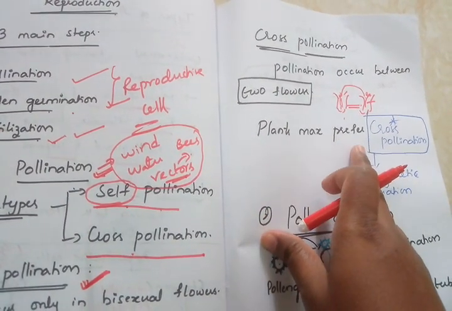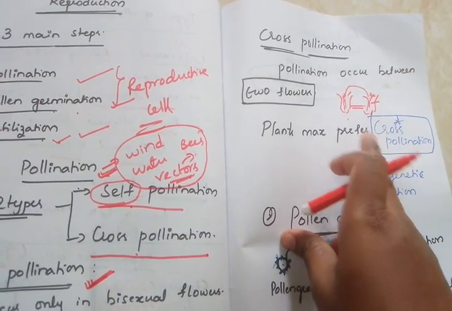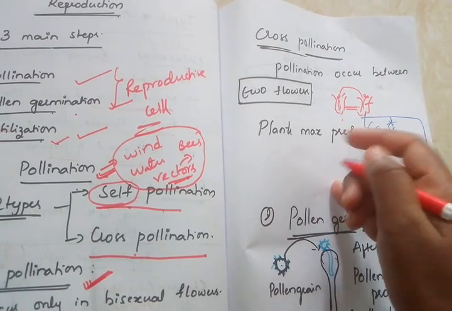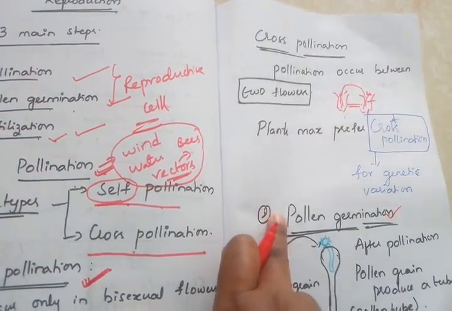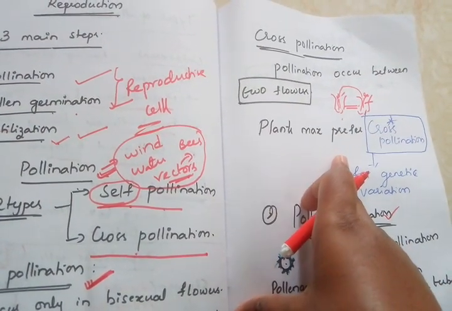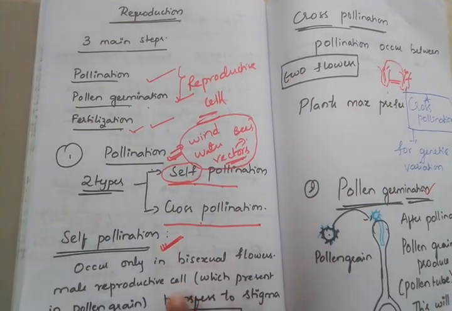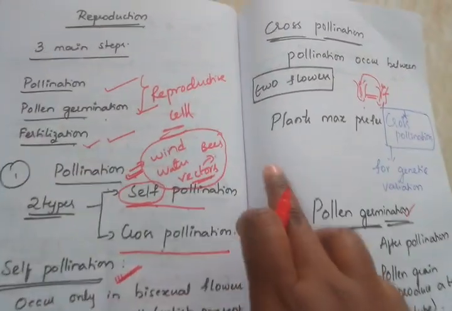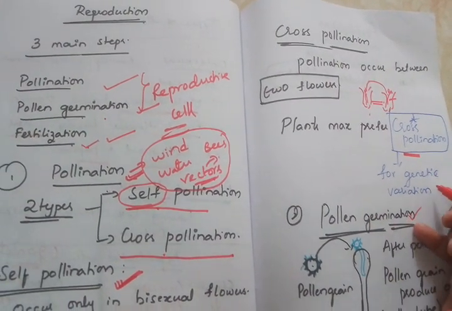If the genes are different, if it is from a different flower, the genes may be different, so at that time it considers it cross-pollination and promotes the next process, that is, pollen germination is promoted. So generally they prefer cross-pollination. In the absence of cross-pollination, when there is no chance of it, they prefer self-pollination also. Why do they prefer cross-pollination? There is another important consideration.